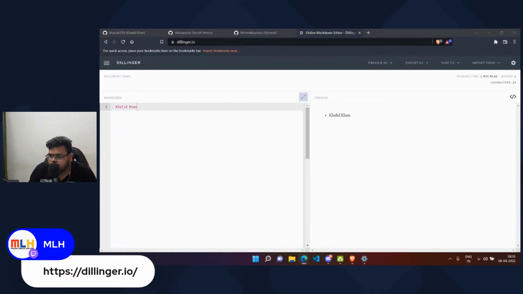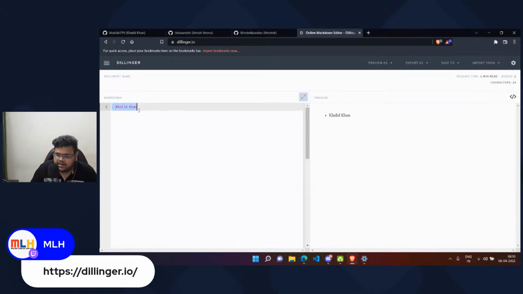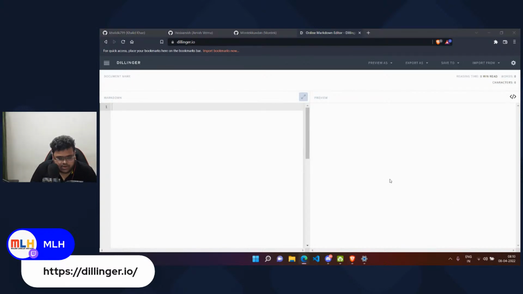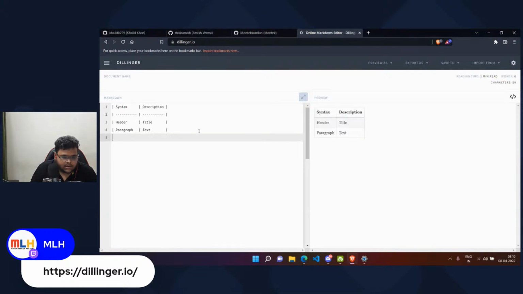The next thing we're gonna do is see how tables are made in Markdown. Basically, in tables, you add different rows and columns. So you need to depict rows and columns here. It is basically somewhat similar to this. I'm not gonna waste time on drawing anything.